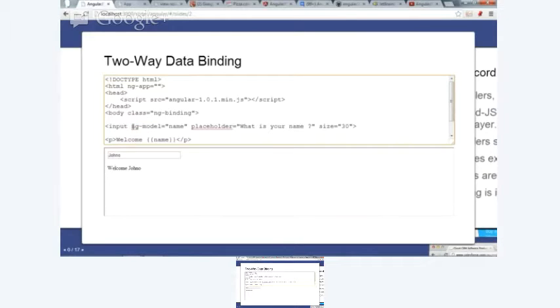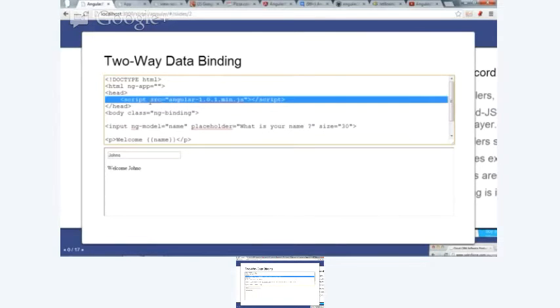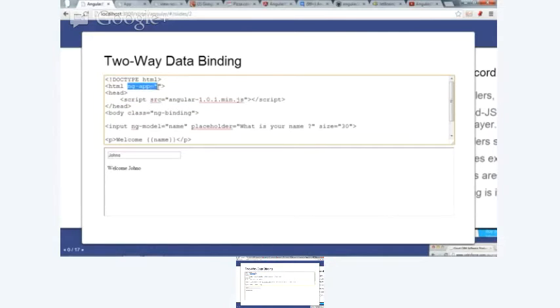So when you see ng, you think Angular. This defines a model called name, which is just a data value that lives inside what's called a scope in this area here. The rest of this tag is just plain old HTML, nothing special there. We're importing Angular here as a script, and very importantly, we have another attribute here called ngApp.